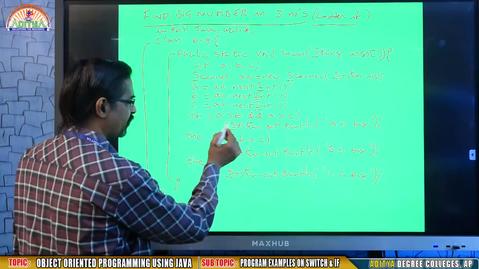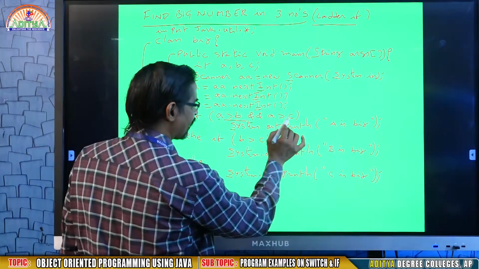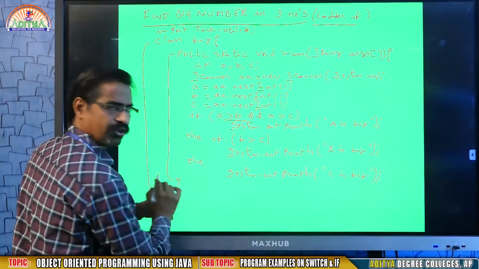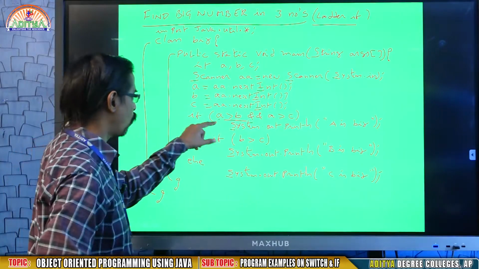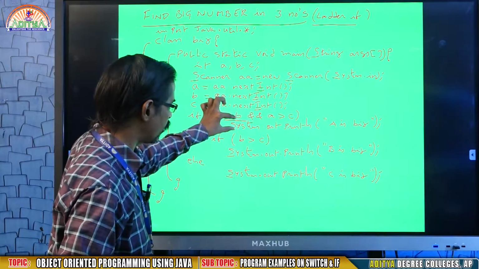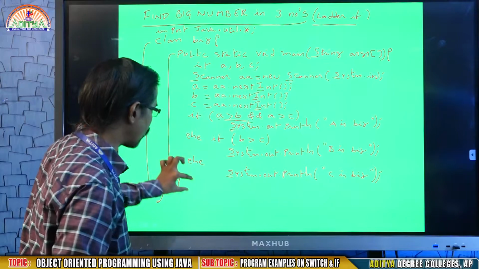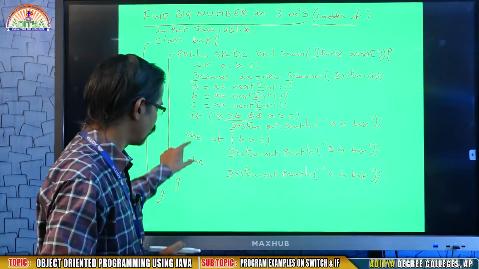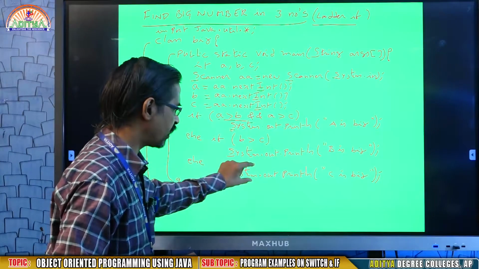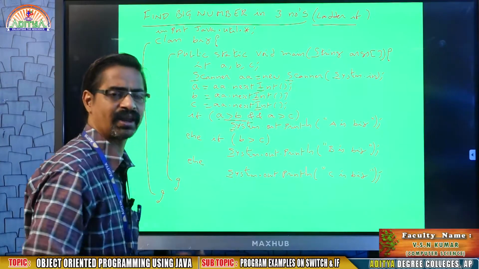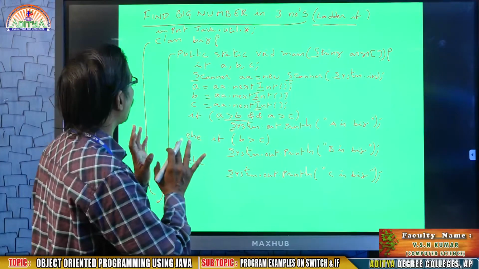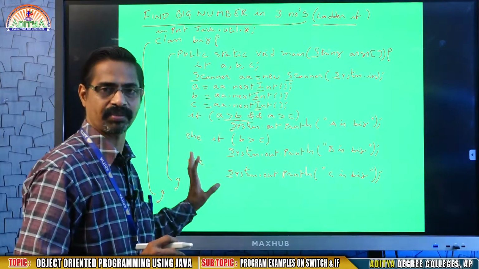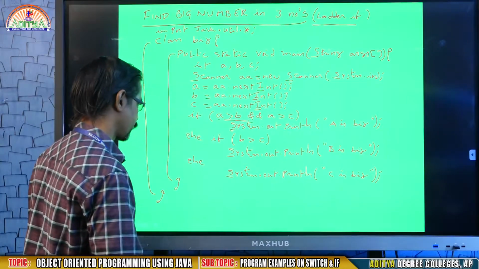In this example you may see, if A greater than B and A greater than C, then A is big. That means it will come out, because once this block is true, it will print A is big and come out. In case it is false, it comes to else if and then comes out. If both conditions are false, it will print C is big and then come out. This is the order of finding the big number in 3 numbers. Remember this concept.